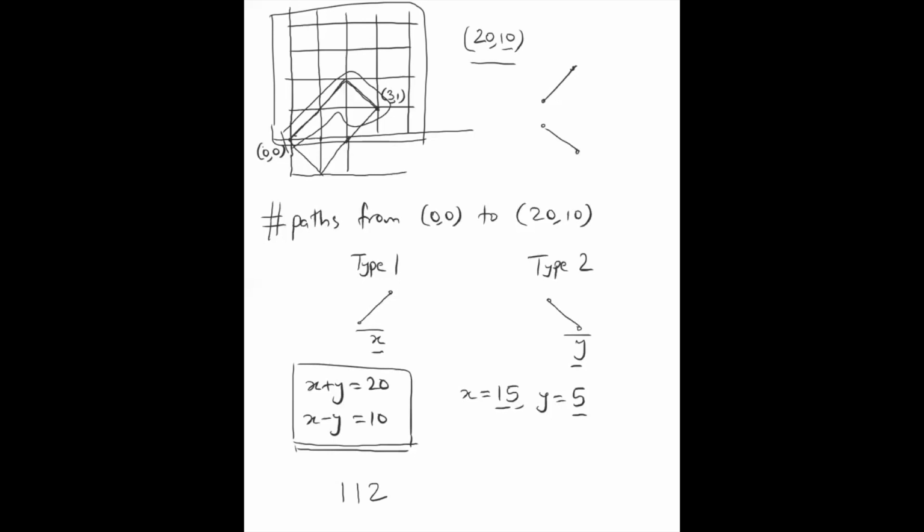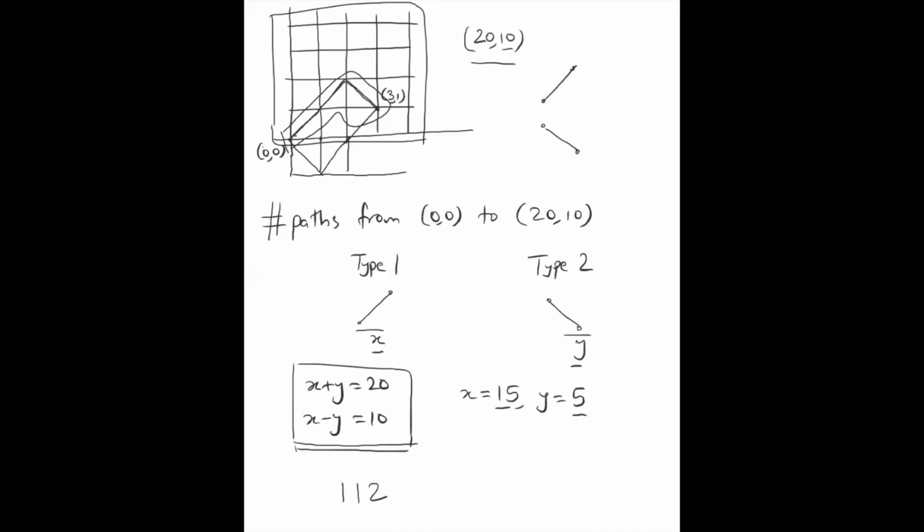I'm sure you can see that if I have different paths, then the sequences that I get should be different, as in two different paths cannot give me the same sequence of ones and twos. Similarly, if I have two different sequences of ones and twos, they have to give me different paths. This is fairly easy to see. So we have gotten a different way of looking at paths.